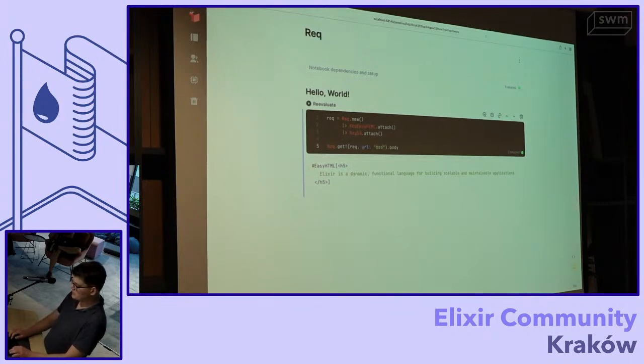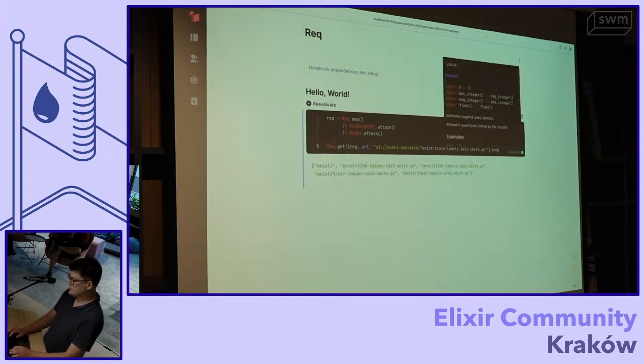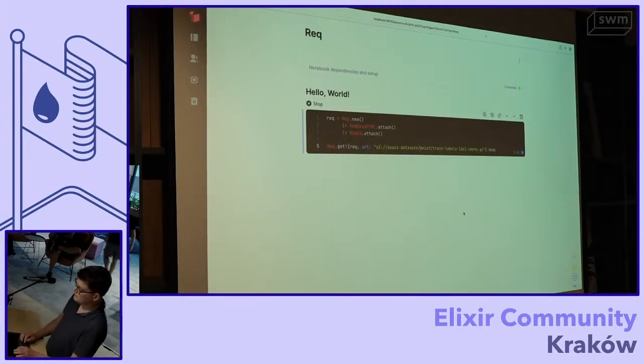So there is this OSCI datasets bucket on S3, which contains some training data for machine learning. And with this plugin, we can just use the S3 custom scheme. And what we're gonna get is actually the list of objects in this bucket. This is what the plugin does. This is like a little convenience to check out the stuff on S3. And we can of course hit get the actual object.